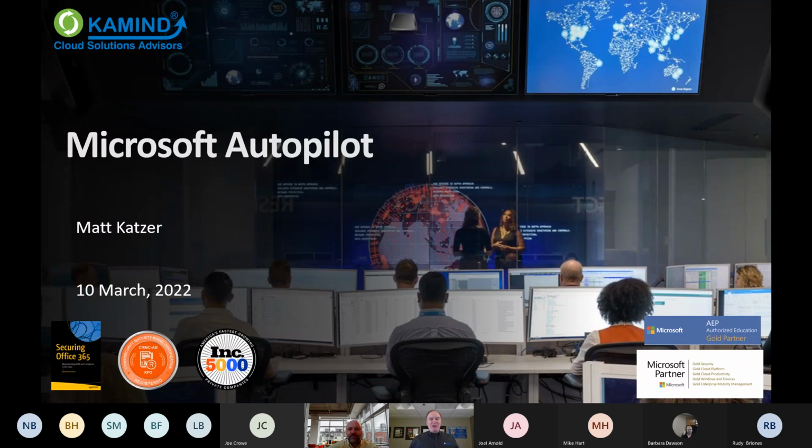And some little history with Autopilot. With KAMIND, we're a direct managed partner, and so we get into a lot of alpha and beta programs. So we've actually been playing with Autopilot for a number of years. And one of the key features that we really like of Autopilot, especially when we have remote contractors, is that